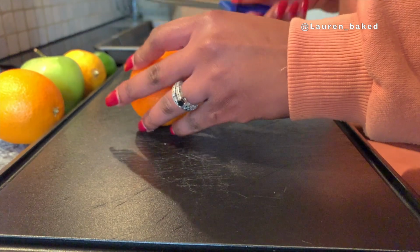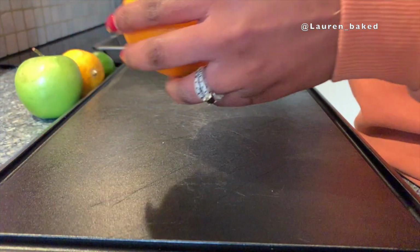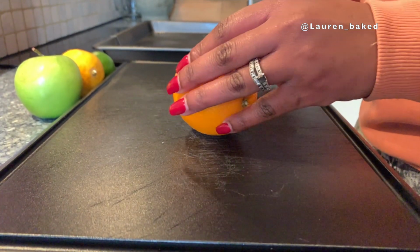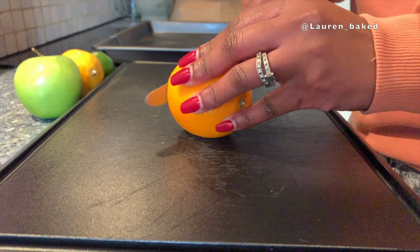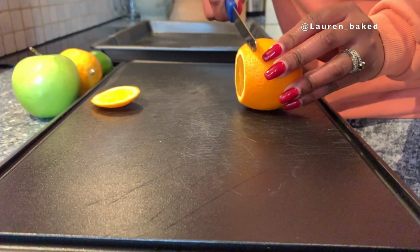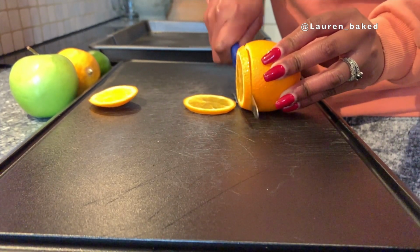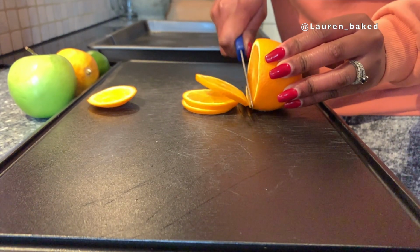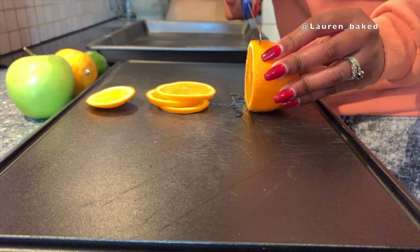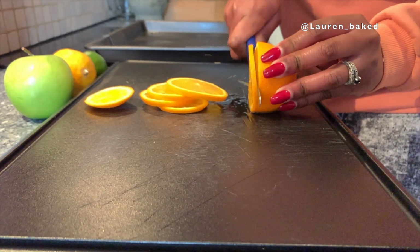And I'm gonna cut my fruits as thin as I possibly can get them. Try to get firm fruits. Don't get anything that's super soft, like if it's a peach or whatever and it's soft as hell, you won't be able to get nice fine cuts. So I'm gonna cut it for you guys here so you guys can see. I try to get it as perfect as I can get it, but really, it doesn't really matter. The thicker your fruit, the longer it will take to dry. And you also don't want it too thin because you want it to hold its shape when it's dried, for garnishes and stuff like that, or for transporting